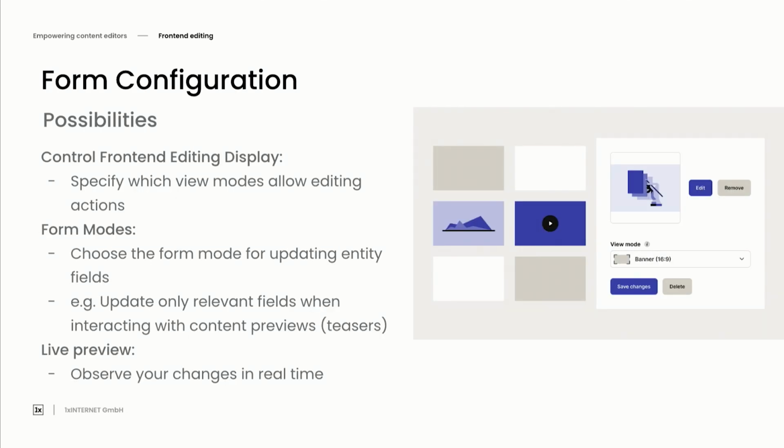And then we get to, as I mentioned earlier, the form configurations, the different possibilities that we have here with the front editing module. The first one, which has also been mentioned before, is the ability to make it so that only certain components actually have these editable actions on your page. Now, of course, we don't want every single part of a page to be editable. There might be certain parts which are actually static and they always sit on your page, and having the ability to edit these might even add some sort of new complexity to the content changes that we're making. So very simple configuration.